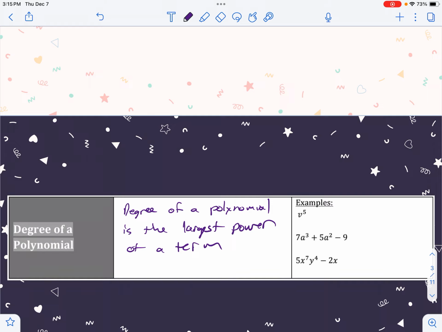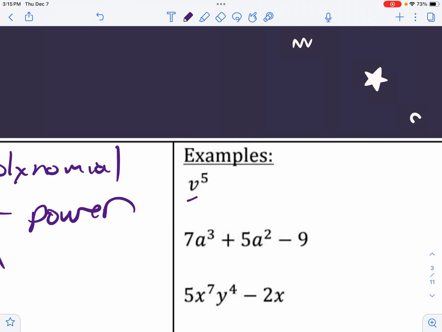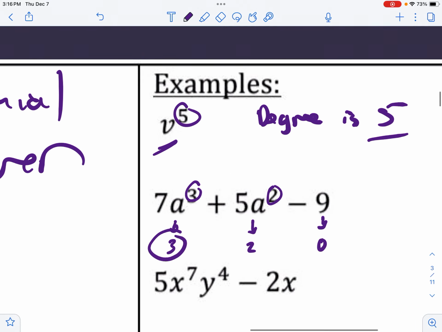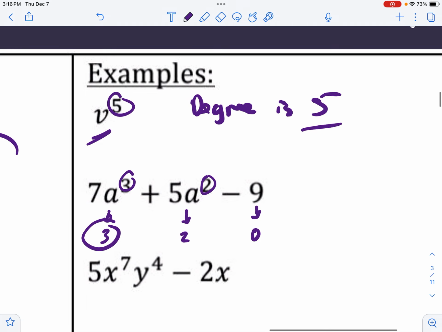Okay, so let's look at this. V to the fifth. Well, there's only one term, and the power is 5, so my degree is 5. For this one, you have to look at each individual term. Here my power is 3, so the degree is 3. Here my power is 2, so my degree is 2. Here I don't have a variable, so for just the 9, my degree would be 0. Now you take the largest power of all 3 terms, well, that would be 3. So the degree of this term